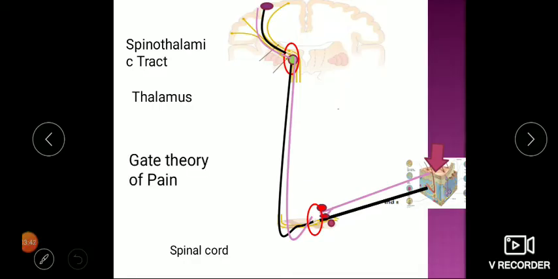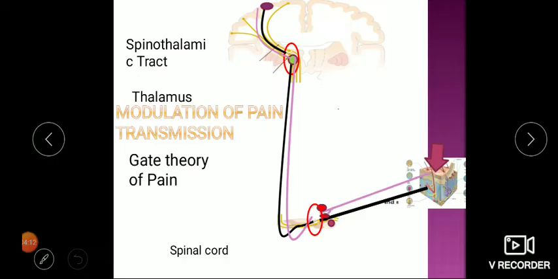So at this gate, both nerve fibers are ending and they are trying to move, but the one which reaches early will lead to a presynaptic inhibition of the other. So this touch fiber will lead to inhibition of the pain fibers, and there is no generation of action potential in the second order neuron. So it will not reach the thalamus, it will not reach the cortex from here because there is no further stimulation. So this is called the gate theory of pain. It is called a modulation of pain transmission.